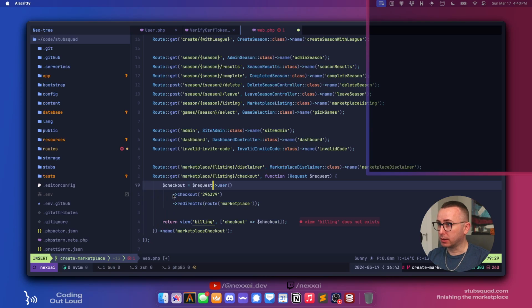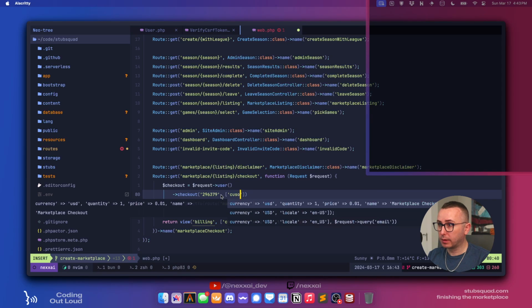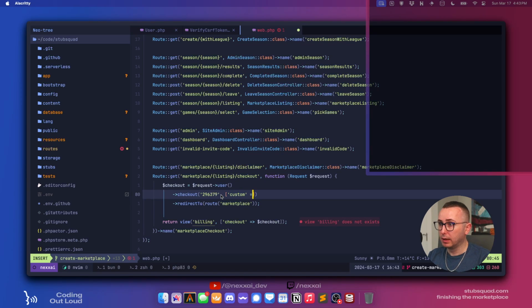So actually, let's just go like this: request user, and so we're going to say checkout, and then custom. Okay, it's not just this custom. So we're going to say marketplace listing ID equals request listing.